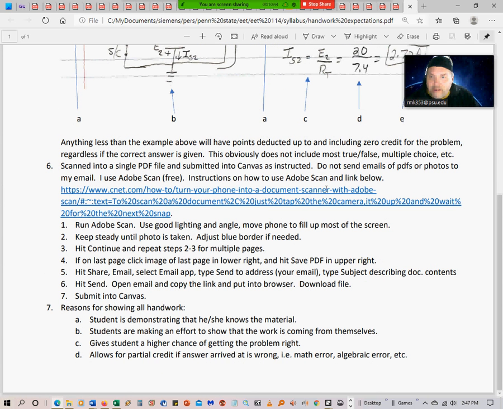I like to use Adobe Scan. It's free. Here's a link on how to use it, and then I wrote down some quick steps on how to use it there. Please don't give me